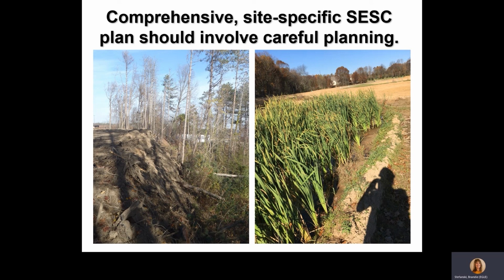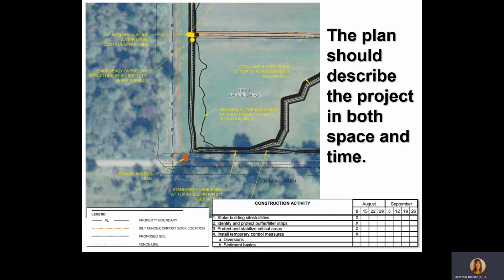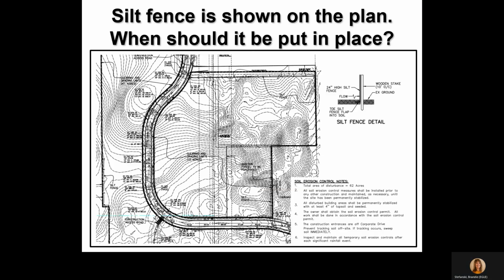Anytime a construction project is immediately adjacent to sensitive areas like a stream or lake, plans should also address critical areas, such as steep slopes. Here is a portion of a schedule. It is clear, both in time and space, how this project will progress. Looking at these slides, what of importance do you notice? Is it clear when SCSC measures should be installed? Silt fence should be installed before earthwork starts and removed when the area is stable prior to submitting a notice